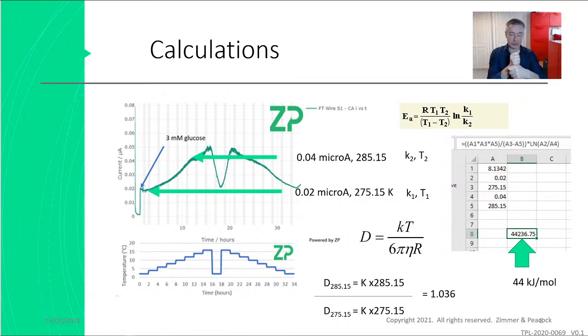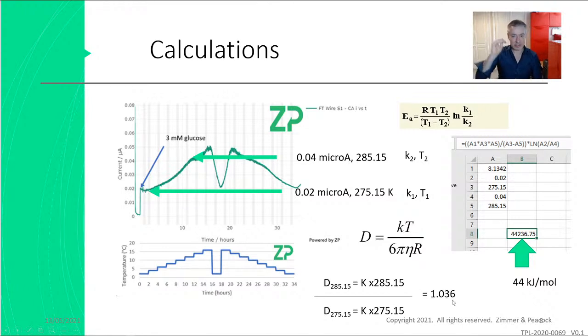So is my temperature effect due to diffusion? Is it due to the chemical reaction of the enzyme? Or is it due to the heterogeneous electron transfer across the electrode? A back of the envelope calculation, just using an Arrhenius approximation, tells me the activation energy is 44 kilojoules. It looks much like a chemical reaction, and it's not the diffusion, because I wouldn't have had essentially a doubling in my signal if it was just diffusion, because diffusion would have only increased my signal by